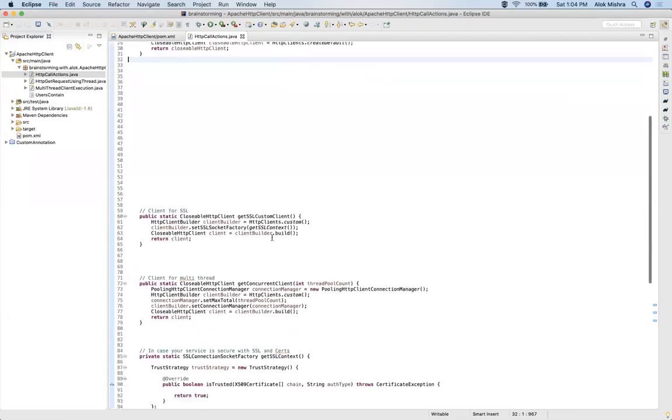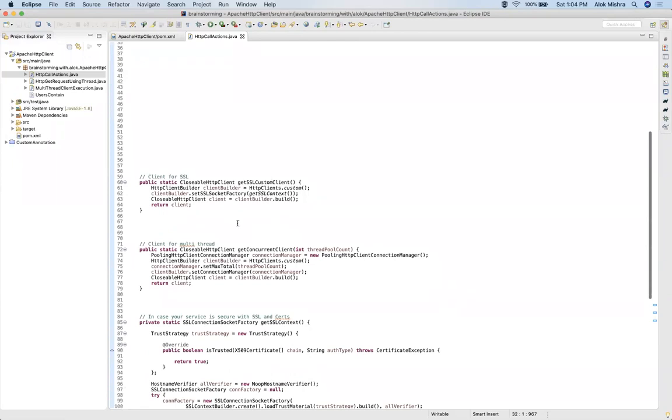Let's go into the SSL part. Since many services use the HTTPS protocol, you need to sign certain certificates so that your client passes that certificate. If you want to sign the certificate, you have to use a custom implementation of the HTTP client.